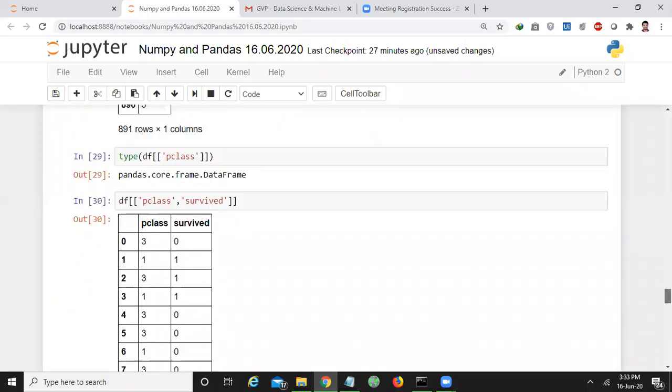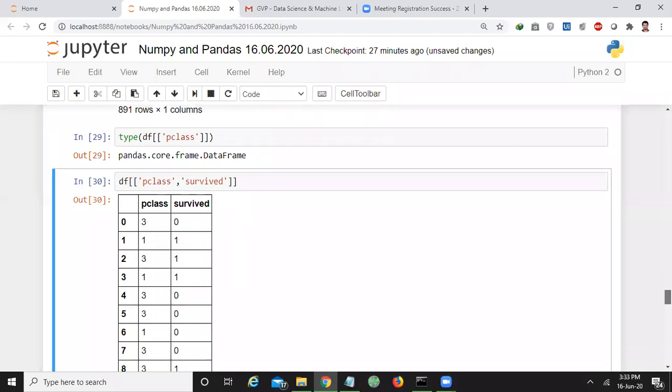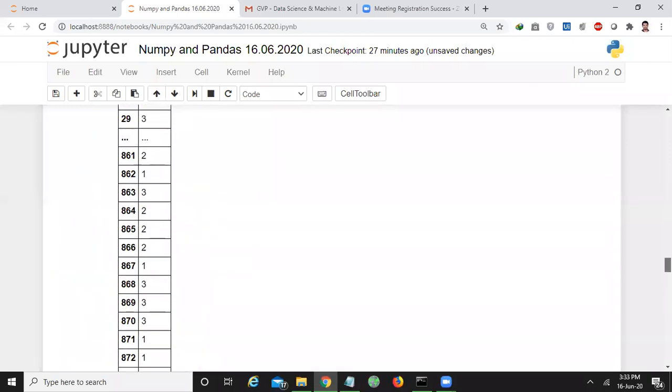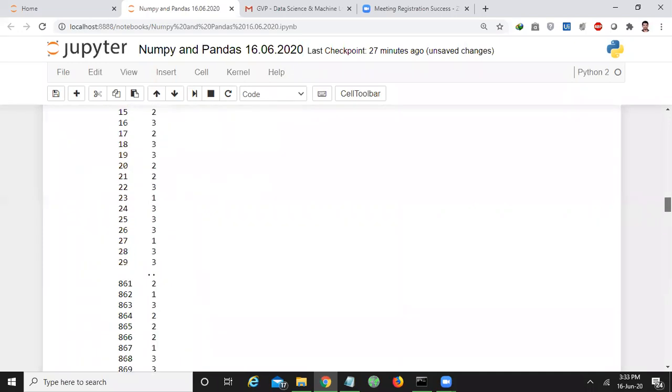P class is nothing but passenger class. It's the third class, first class, second class, like that. And survived means 0 represents dead and 1 represents alive. So here I am extracting a data frame with only 2 columns. Like that, you can extract whatever columns you want to separate from the data frame.